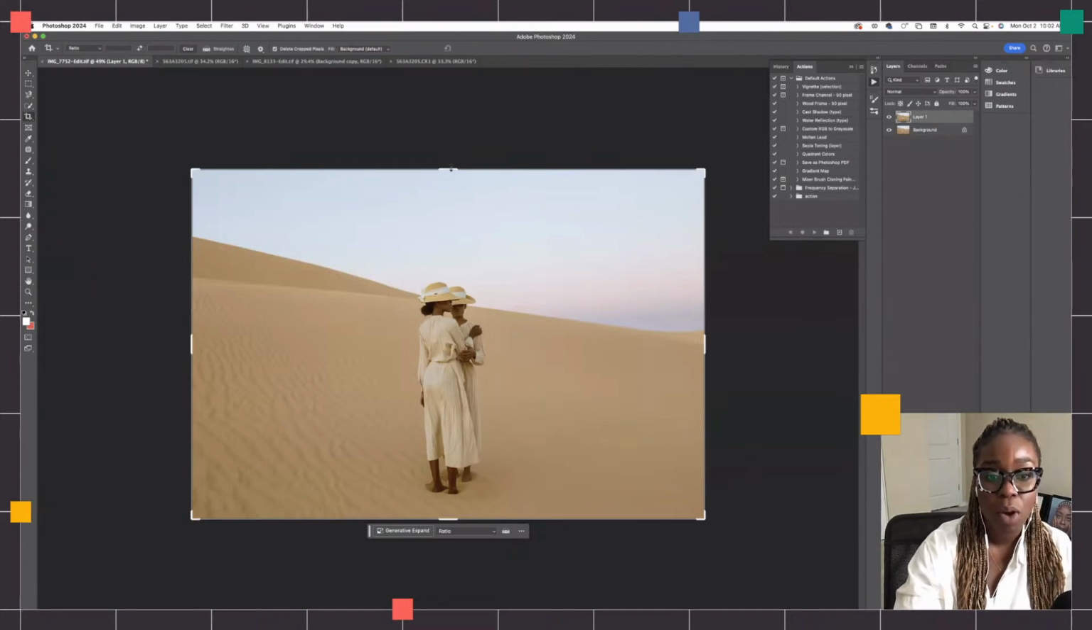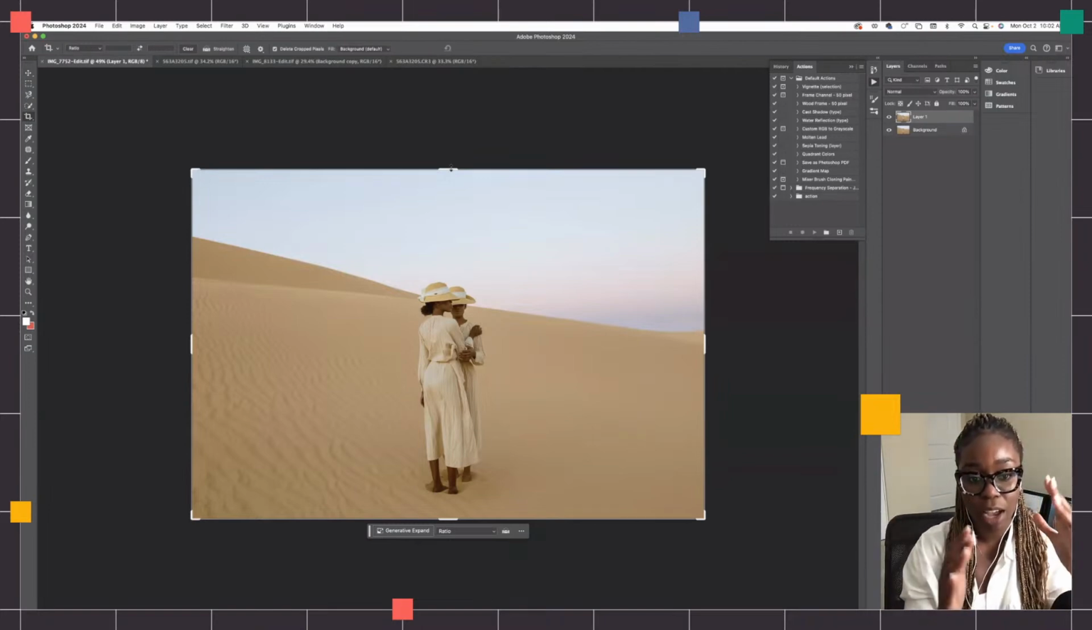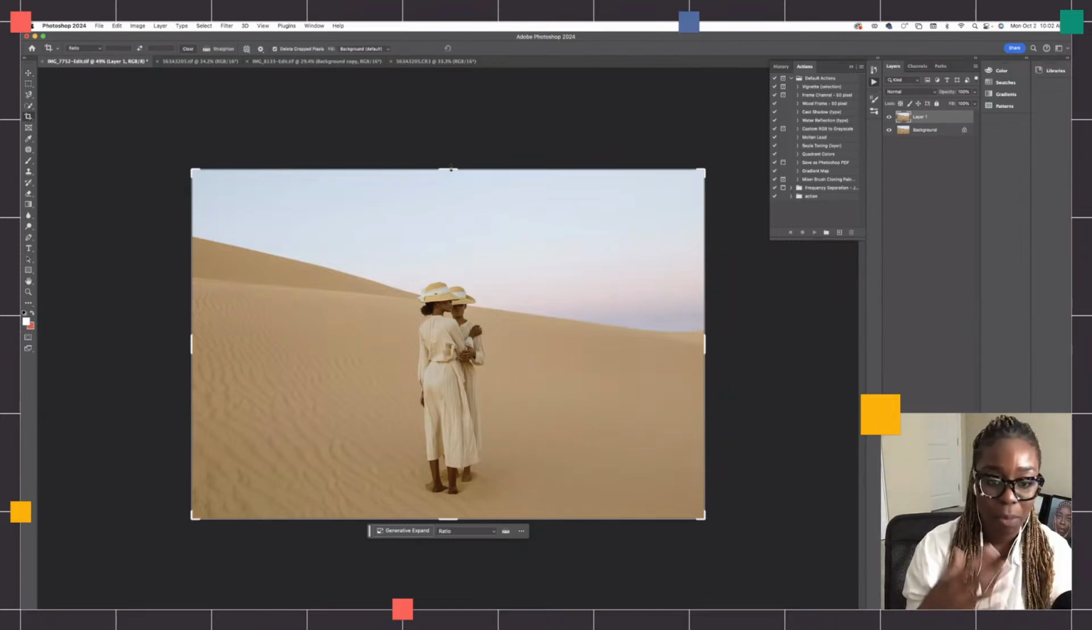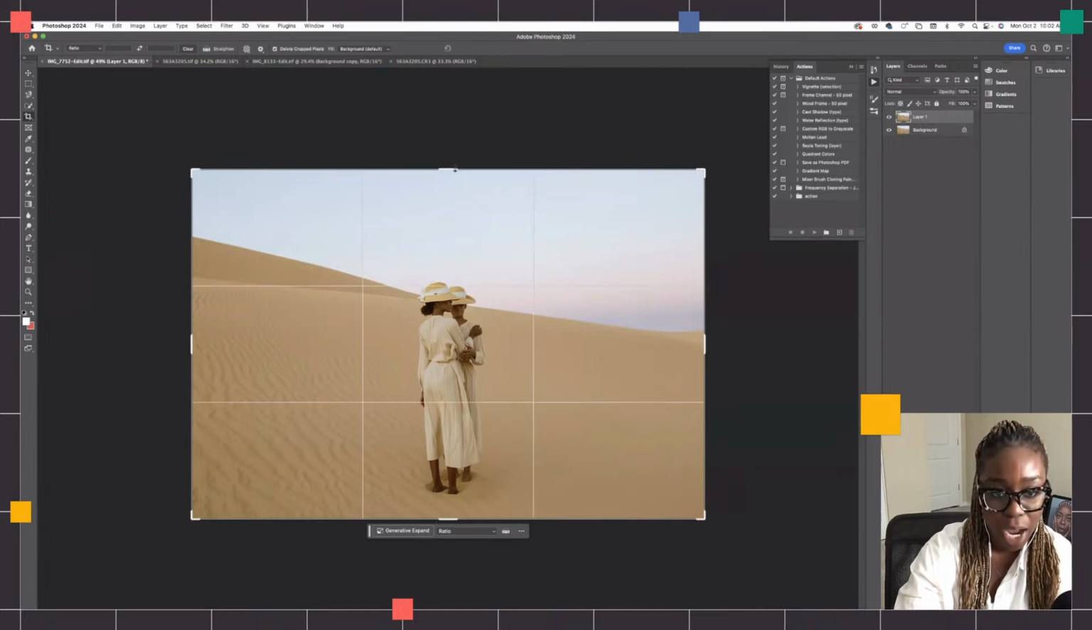Because I want this to be more of a portrait style, so I can print it in 8x10, or in the case of the art show, they were printed as a 24x36, I'm going to expand above and below my portrait. So I want to expand the sky and I want to expand the sand. So if I go ahead and drag this up,